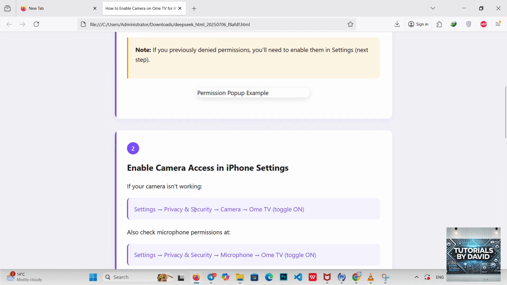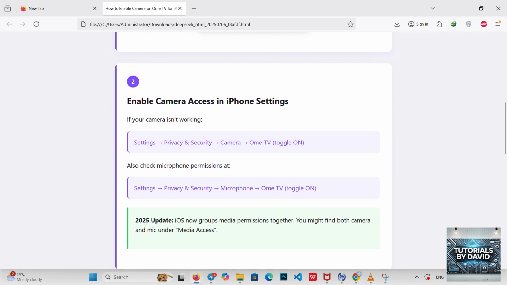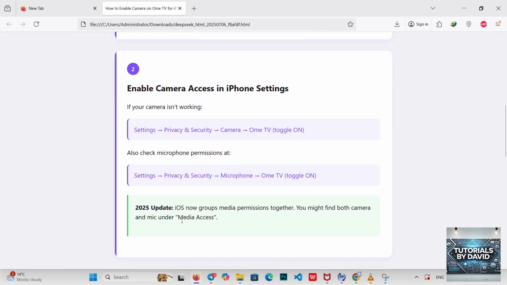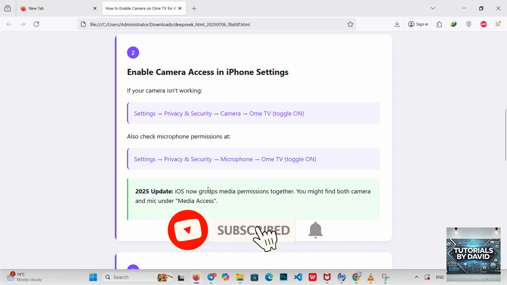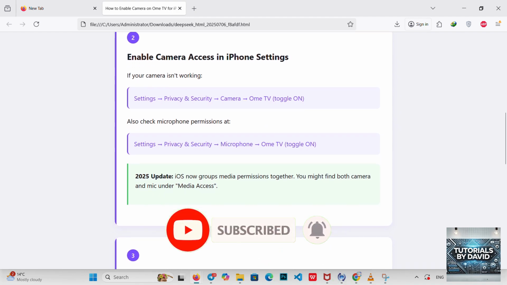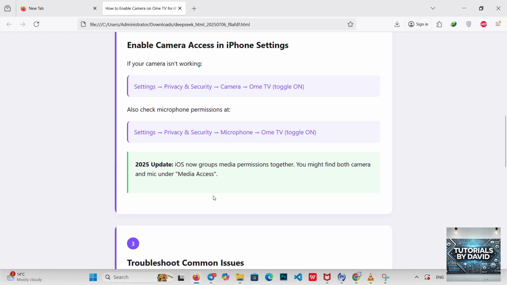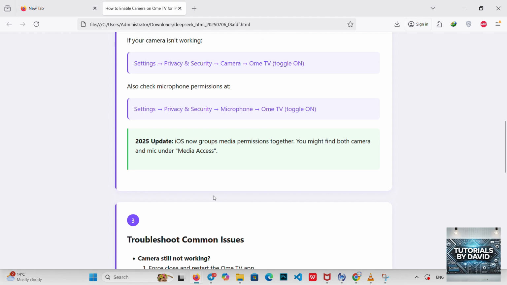If the camera option still doesn't turn on, try restarting the app on your phone to refresh the permission. Also, ensure that no other app is using the camera in the background, which can block Ome TV from accessing it. Once your camera is enabled, you should see your video feed on the screen and you are ready to